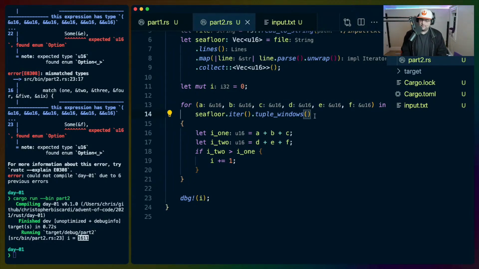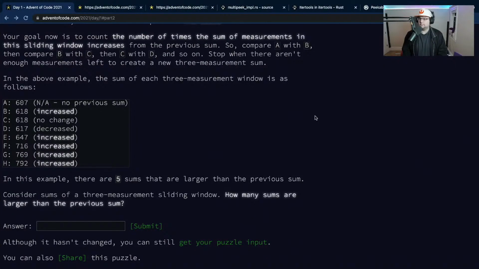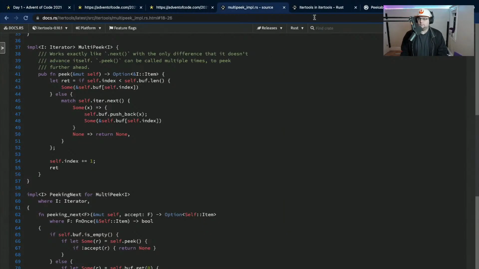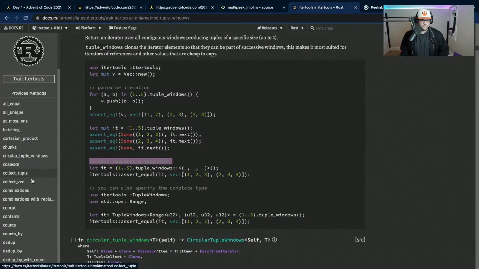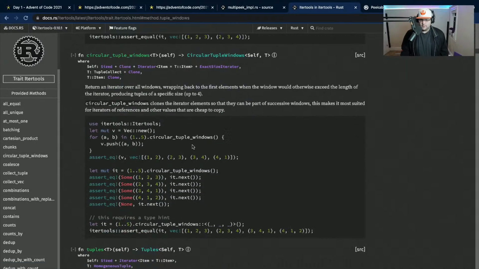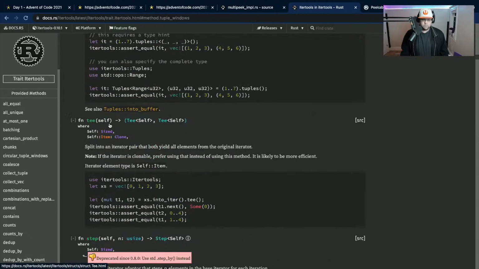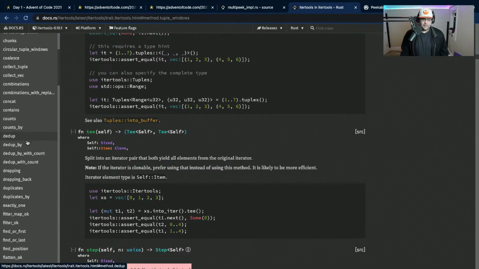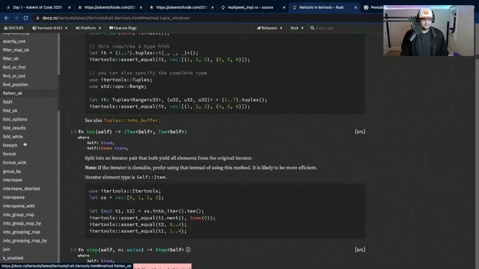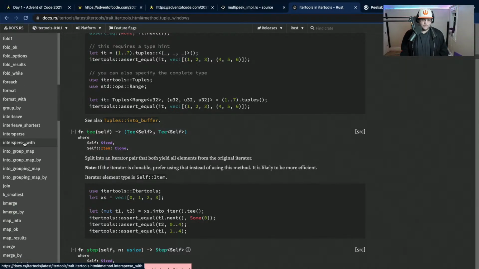Oh, they're not overlapping. That's why. I don't need tuple windows. I need overlapping windows or sliding windows. Which is why I was doing the peek in the first place.